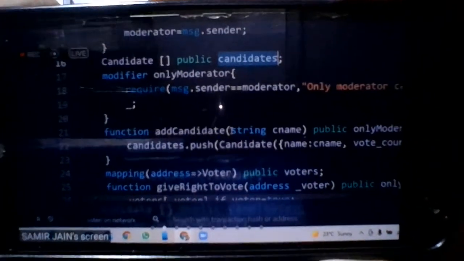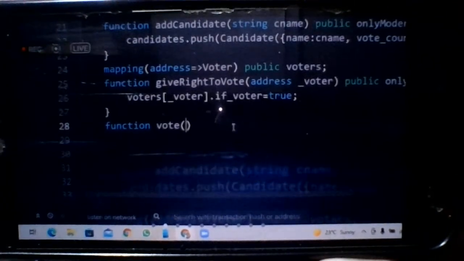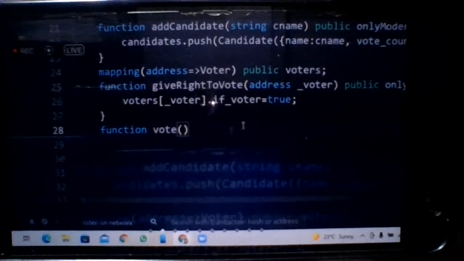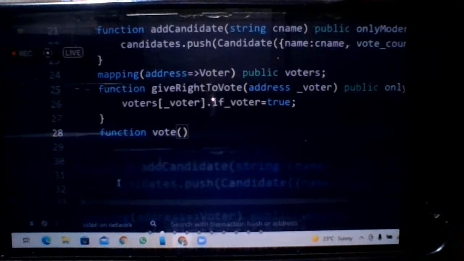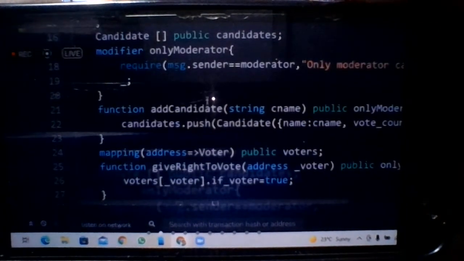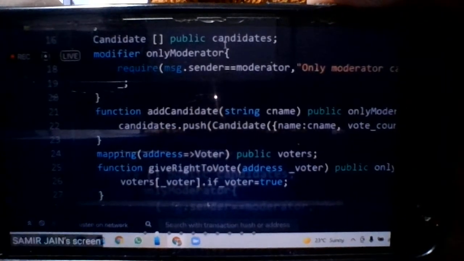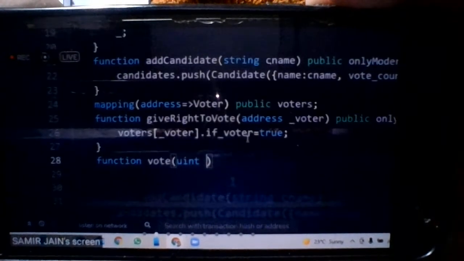If somebody wants to vote, whom he will vote for, he has to identify. So we'll take a uint, the index of that person in that array. Suppose I want to vote for the first person or second person or third person.